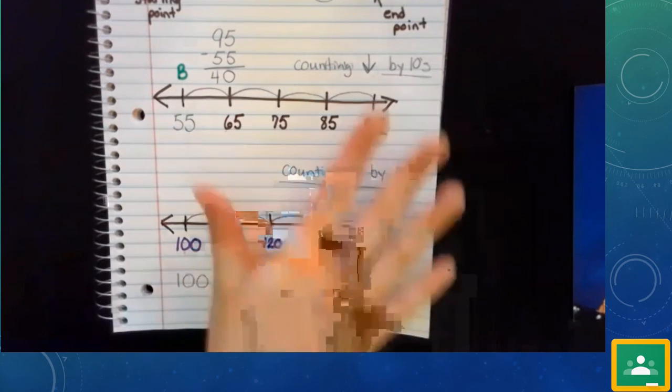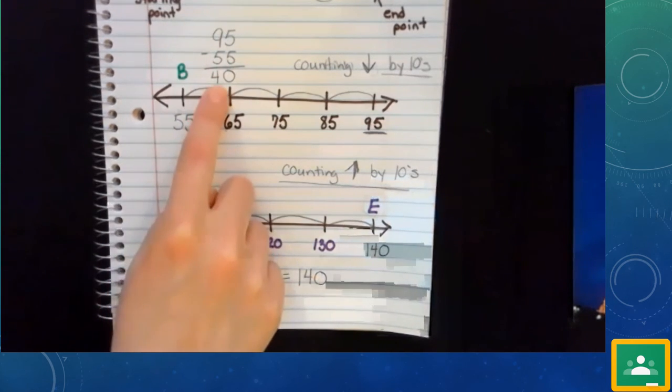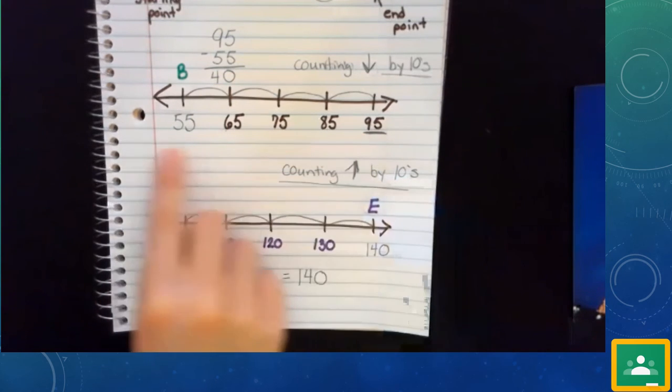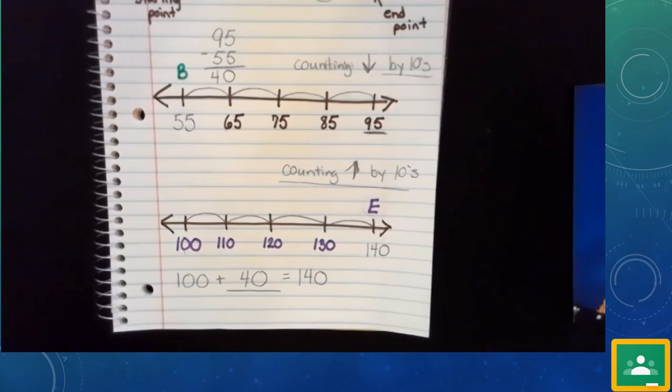And again, this is just another strategy to put in your math toolbox for when you're adding or subtracting numbers, okay? You can just do vertical form, but I want you to challenge yourself today and really try to use a number line or to look at the pictures that are along with each of your questions so that you can